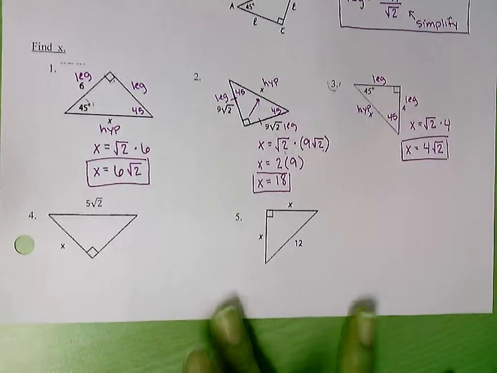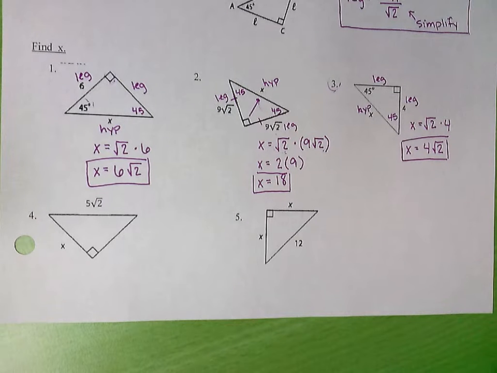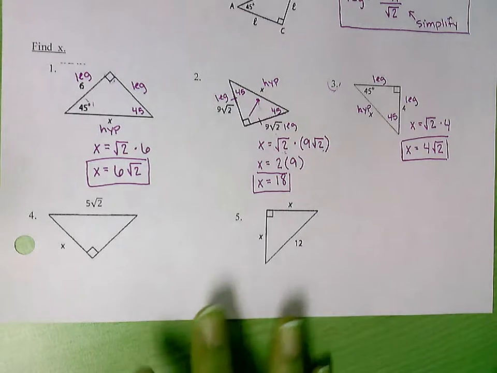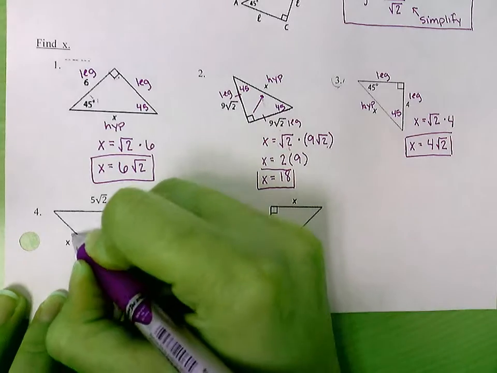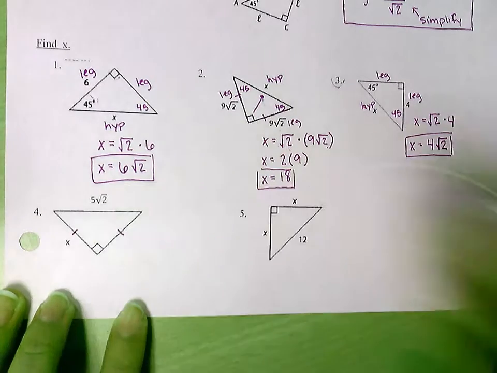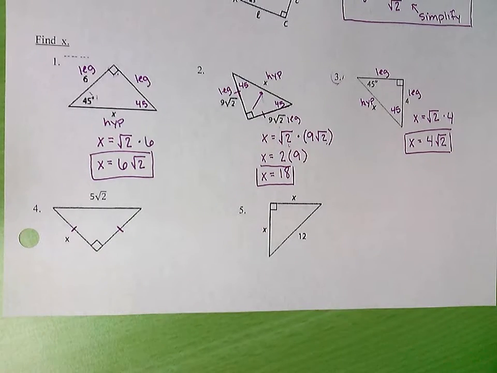All right. Now the next 2 are a little bit different than the last 3 we just did. Okay? So in number 4, there are supposed to be those congruent markers on the sides there. Okay? So draw those in. Those are supposed to be there. It wasn't labeled. So since those 2 sides,